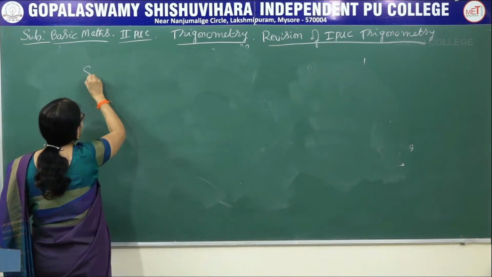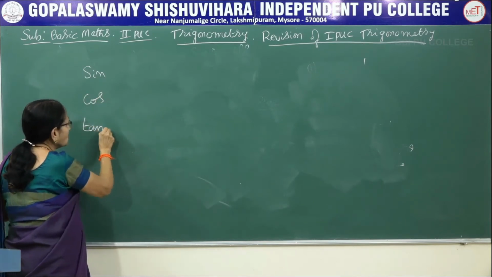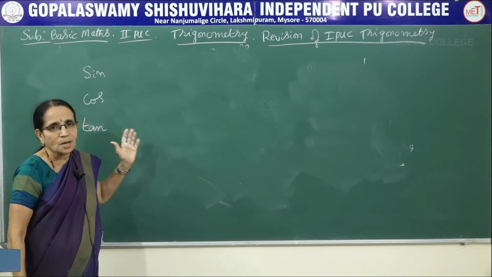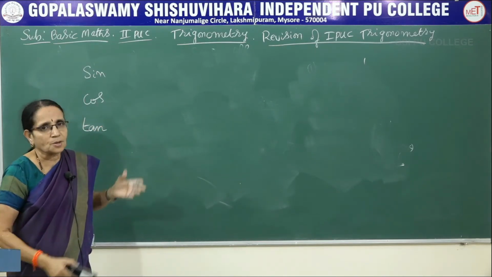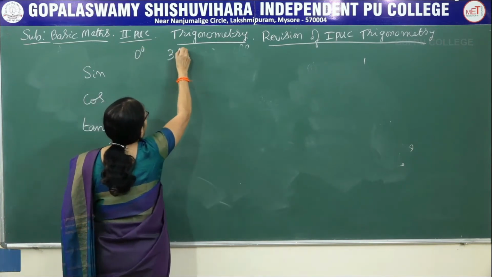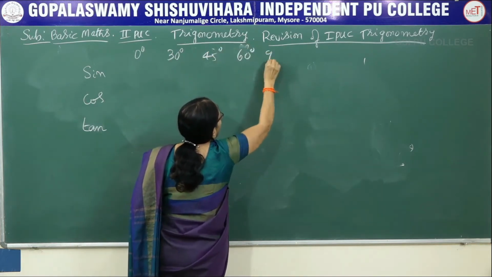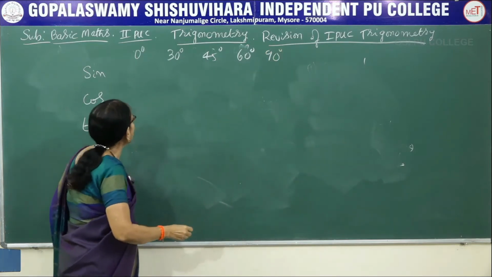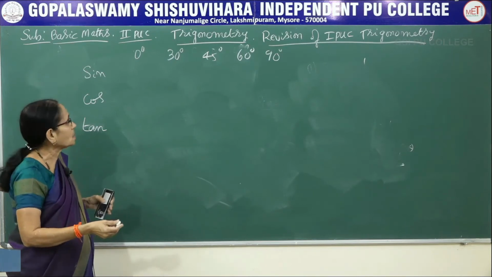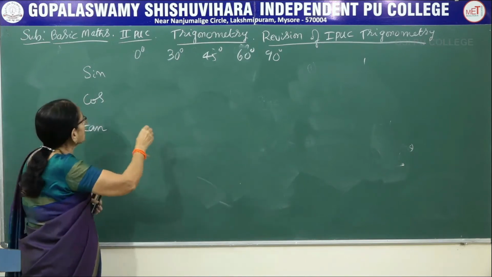Now, let us consider the ratios: sin, cos and tan. Only these three I am writing, because as you know, the other three are the reciprocals. So if you know the value of sin 0, you will know the value of cosecant 0. Now let me consider only these values: 0 degrees, 30 degrees, 45 degrees, 60 degrees and also 90 degrees. Now here, of course, they can be derived by considering a right angle triangle, giving certain values for angle theta. Now here, directly I am writing the values.